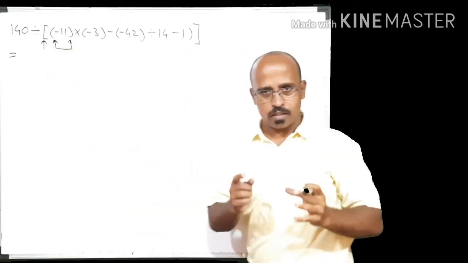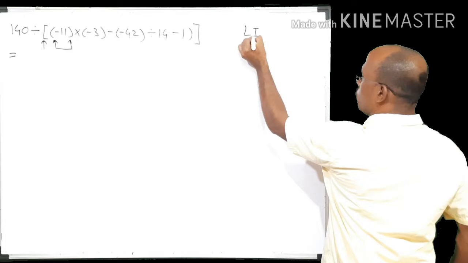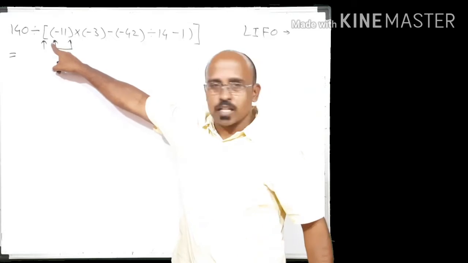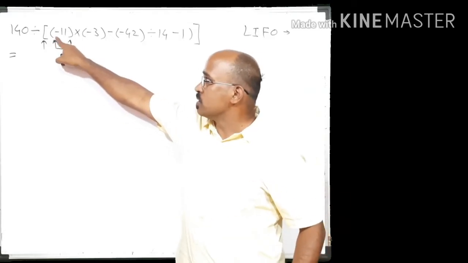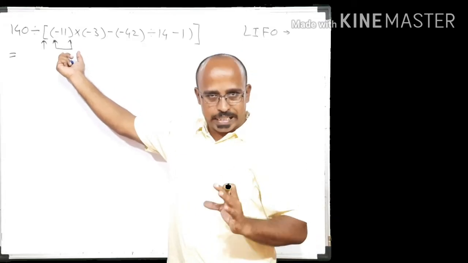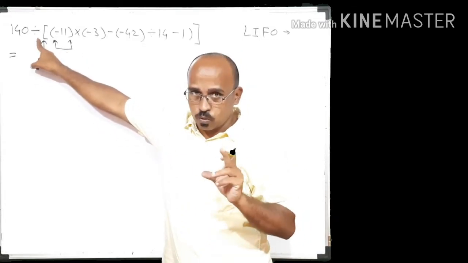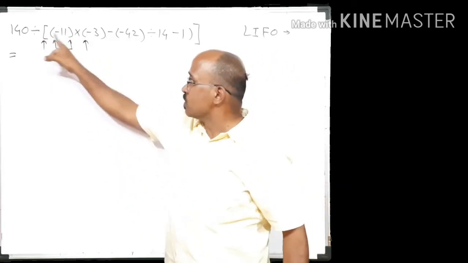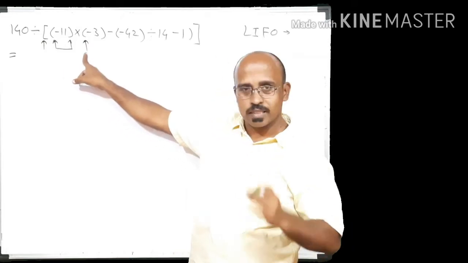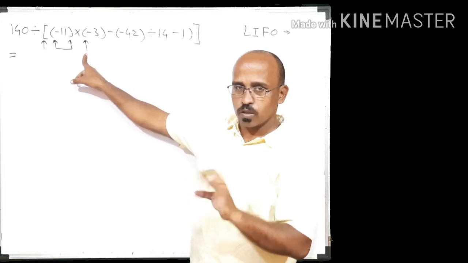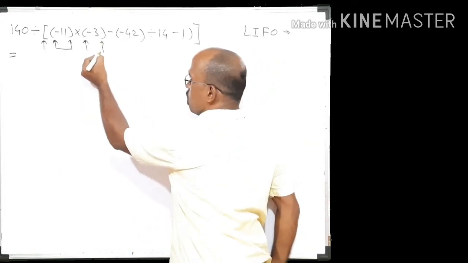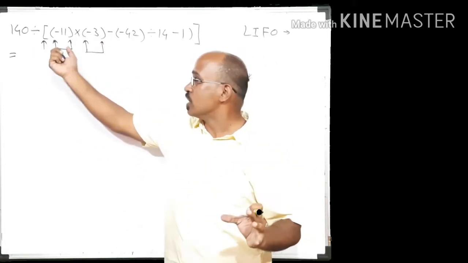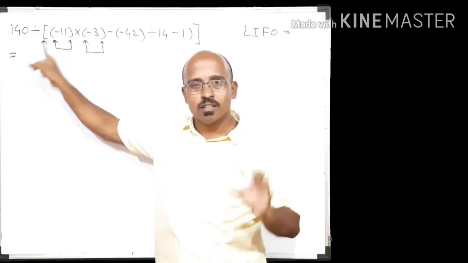So we know that the order of matching is LIFO. LIFO is last in first out. This bracket is last open, last in first out. Means this minus 11 is in one bracket. Clear? Again this bracket is open, it's not closed. Now two brackets are open, this one and this one. Which one is open last? This is last in, so it will get first out. Okay, so next closing bracket is here, means this minus 3 is in this bracket. Again this bracket is open, the meaning is these two brackets are nested within this bracket.